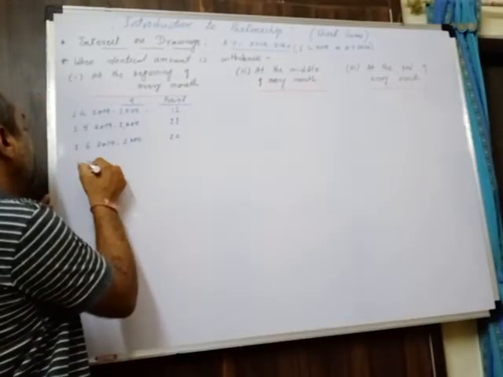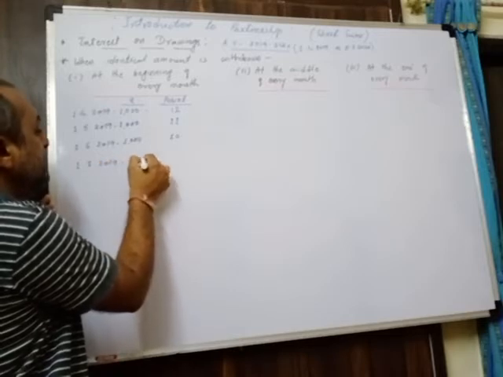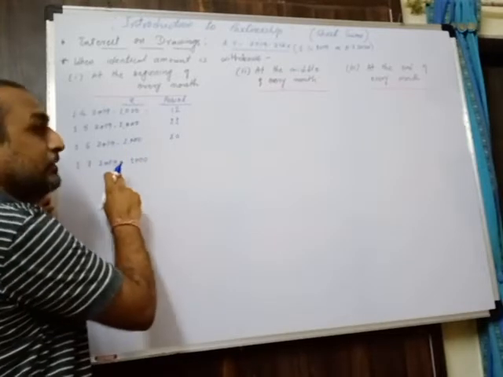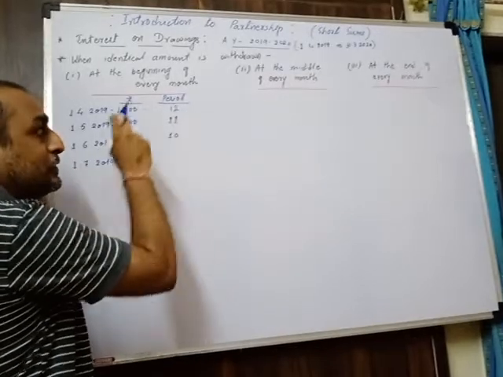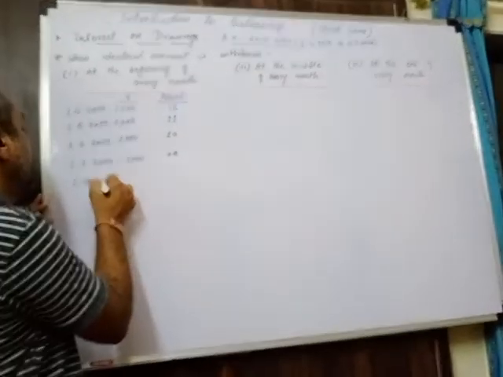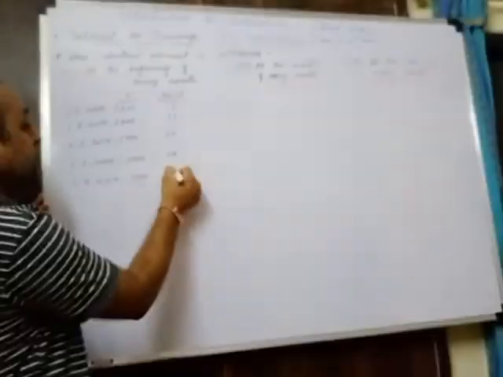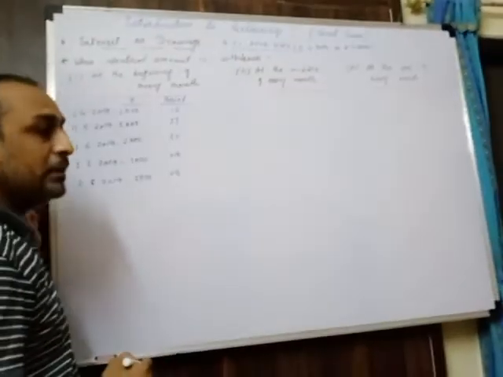Then the next drawings will be made by the partner on 1/7/19, having the same amount, and on this we have to charge interest from 1/7 to 31/3, which is for a 9 months period. Then the next drawings will be made by the partner on 1/8/2019, and on this also he has to pay interest, and the firm is going to charge interest for an 8 months period, 1/8 to 31/3.